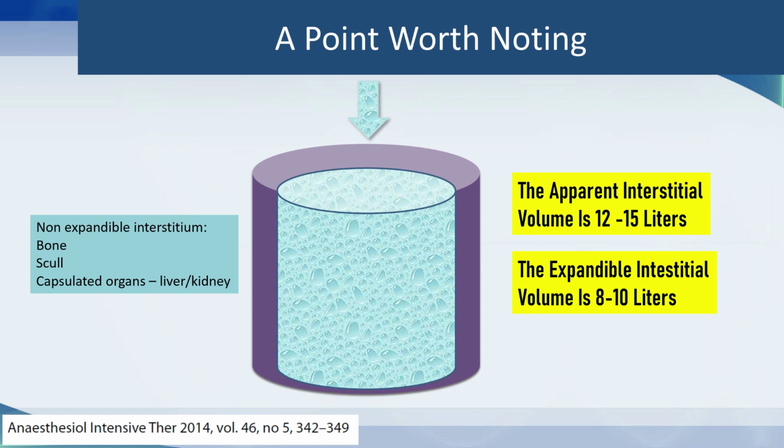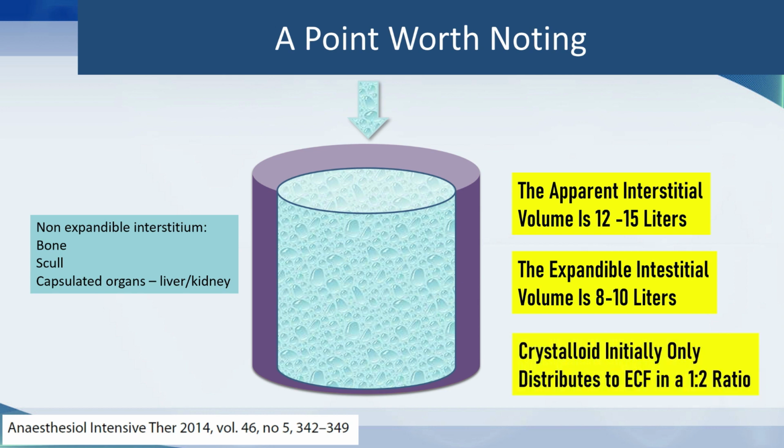So the amount of fluid that actually redistributes is more like a 1 to 2 ratio of intravascular volume to interstitial volume rather than the higher numbers that are often quoted. So we're talking really a 1 to 2 ratio, 33% staying in the bloodstream, 66% extravasating, although it does get a little bit more complicated the more fluid that you give, as we have seen when the interstitium loses its